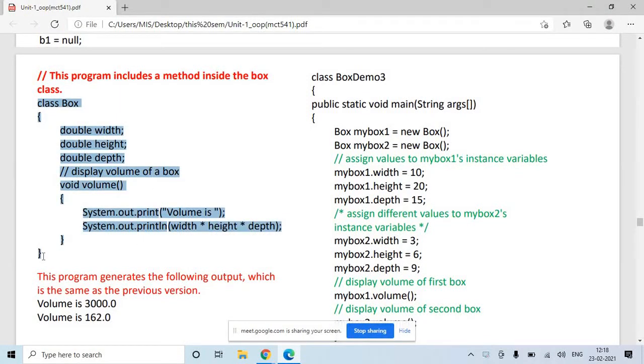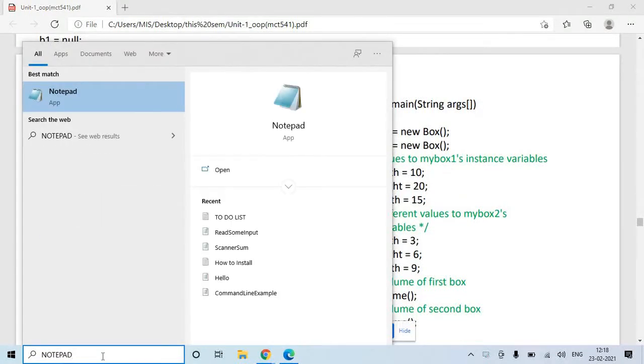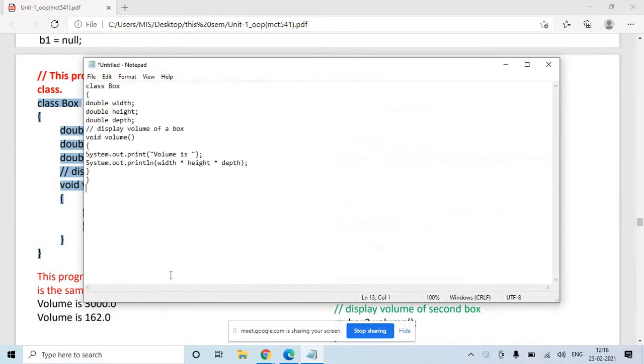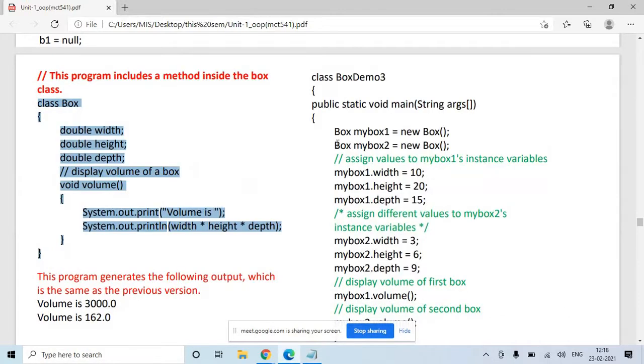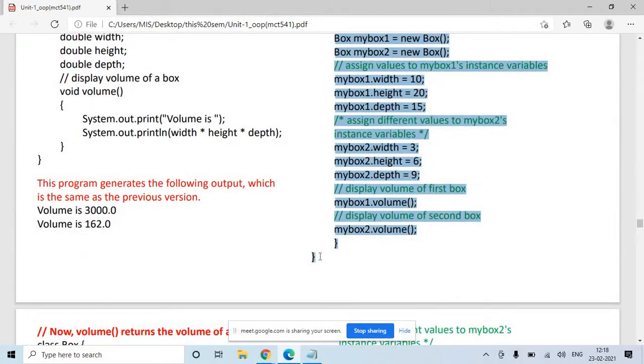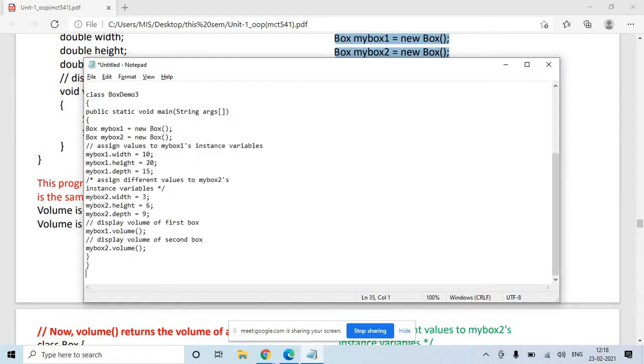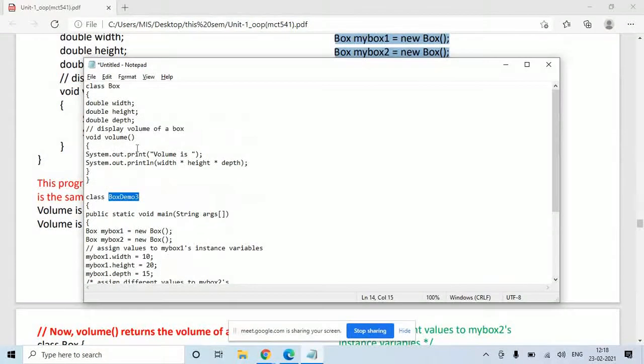Okay, sir. Suppose we copy this program to Notepad. We paste it here. We go to the main section and we copy the main section as well. Now since the main function is written in the box demo 3, we have to save this file